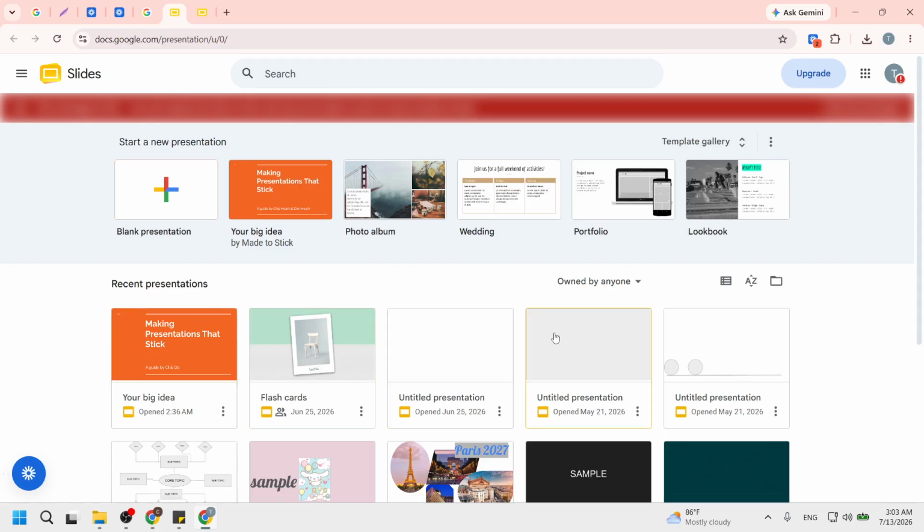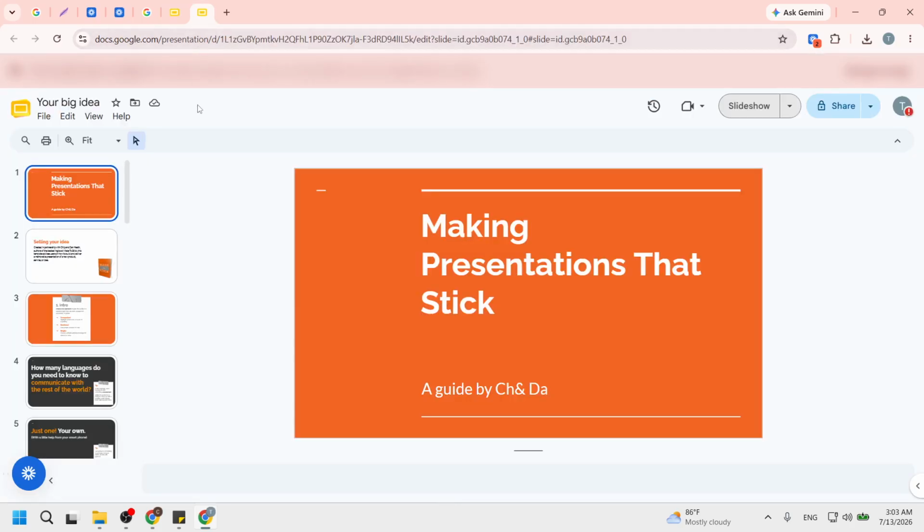After logging in, pull up your target slide deck. This means navigating to the presentation you want to record. You can find it in your Google Drive or recent documents. This step matters because having the correct slide deck ready will streamline the recording process. It allows you to focus on delivering your content without the distraction of searching for the right file.